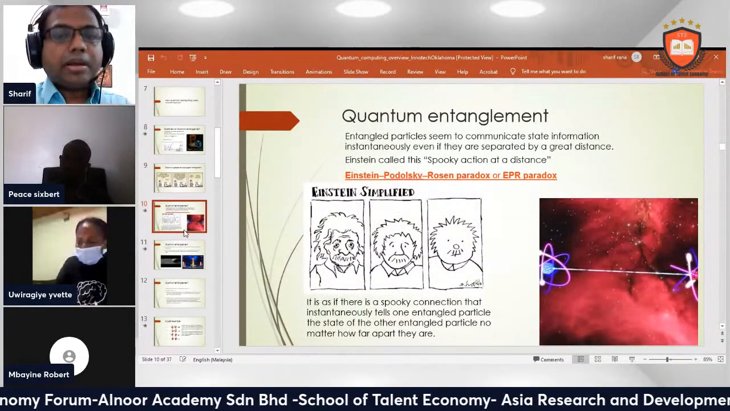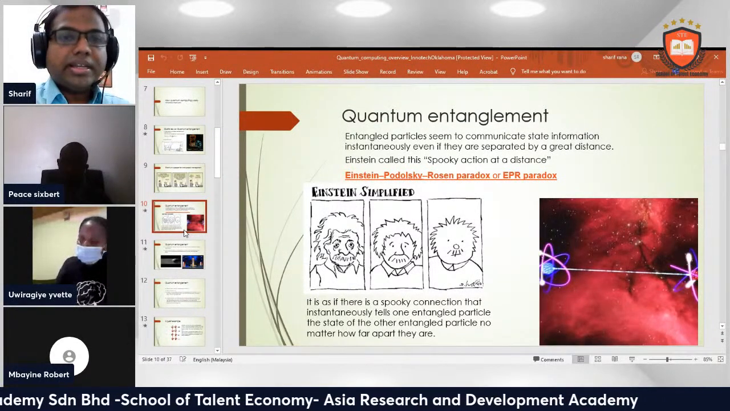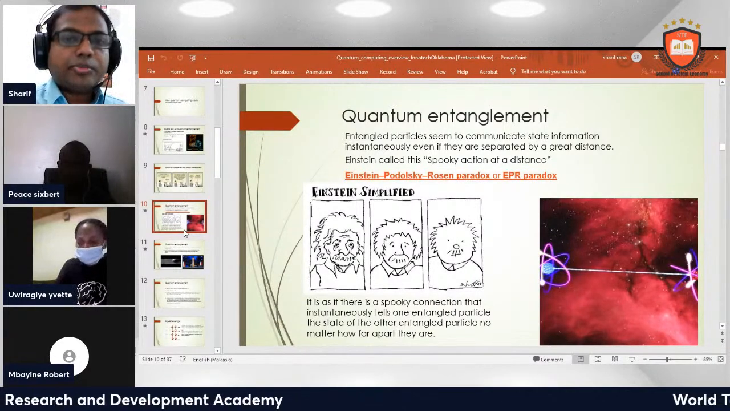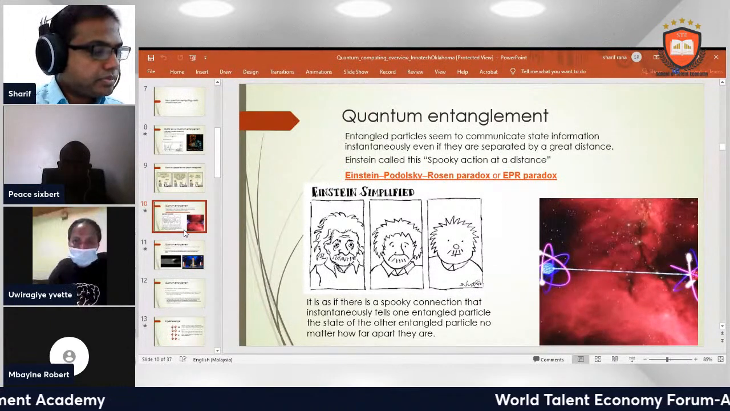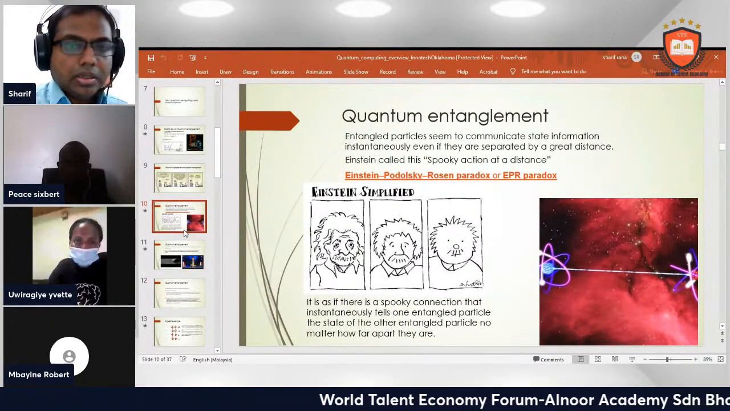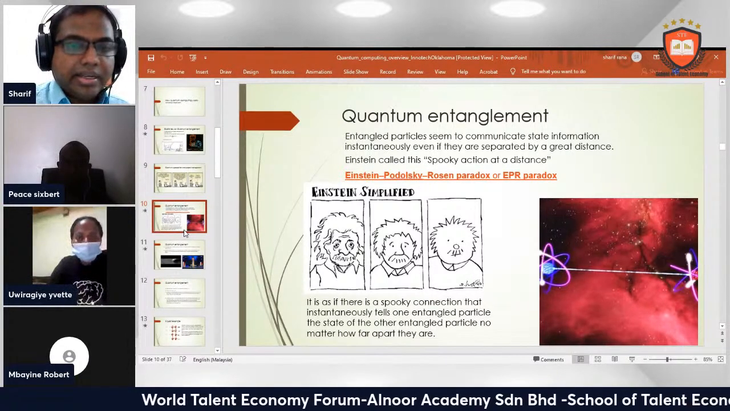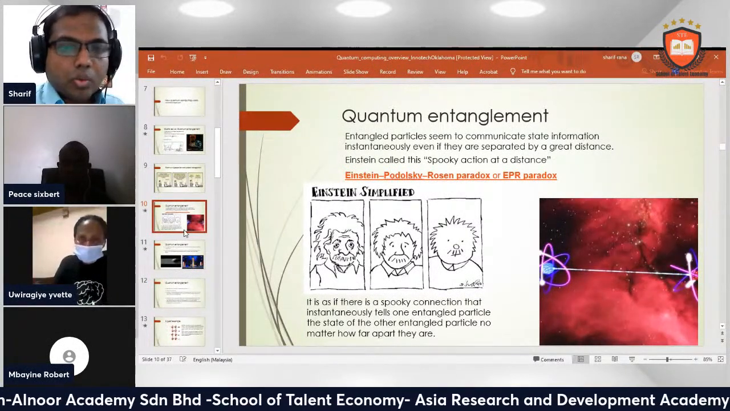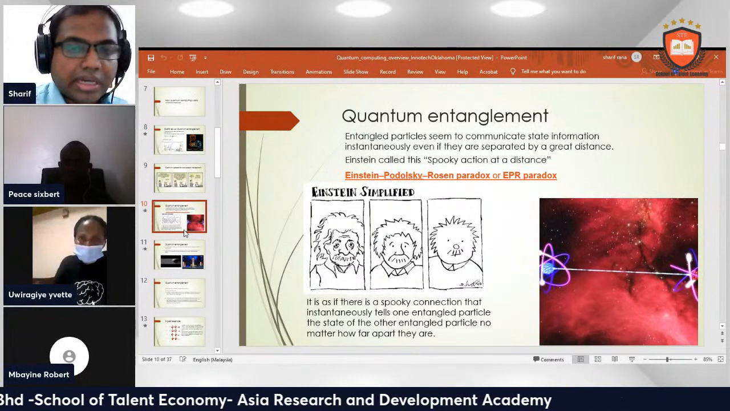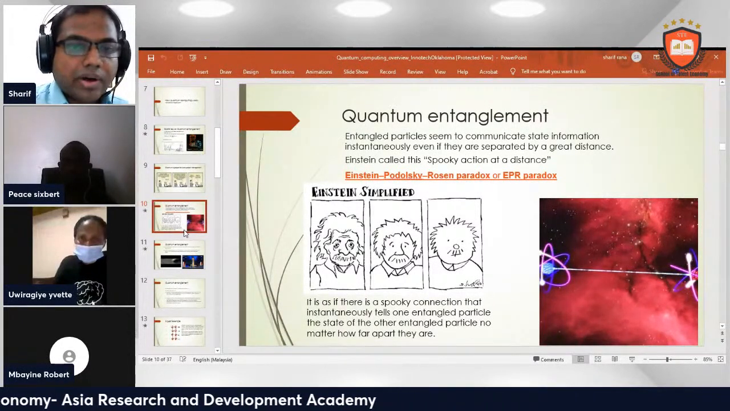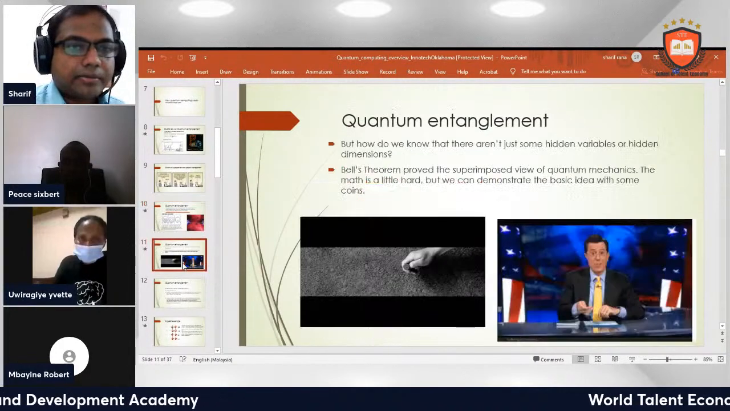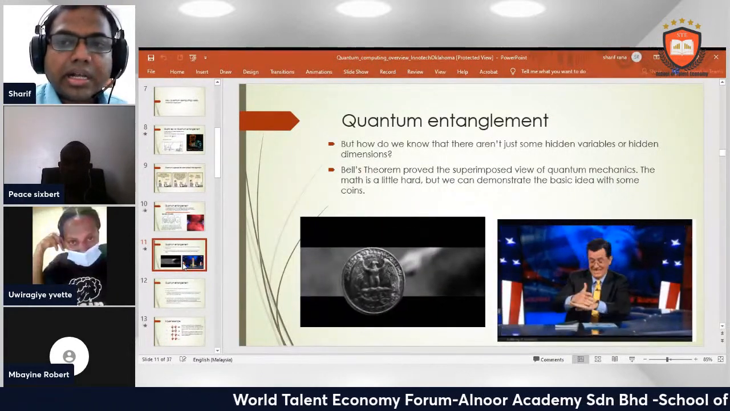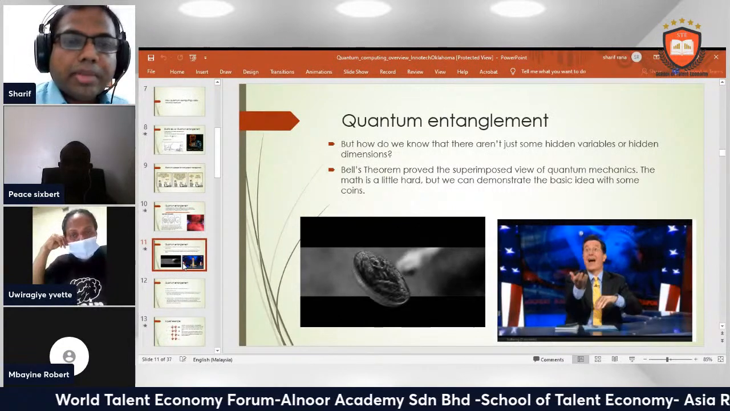Quantum entanglement. Entangled particles seem to communicate state information instantaneously even if they are separated by a great distance. Einstein called this spooky action at a distance. Einstein simplified: it is as if there is a spooky connection that instantaneously tells one entangled particle the state of the other entangled particle, no matter how far apart they are. Quantum entanglement. But how do we know that there are not just some hidden variables or hidden dimensions? Bell's proof of that